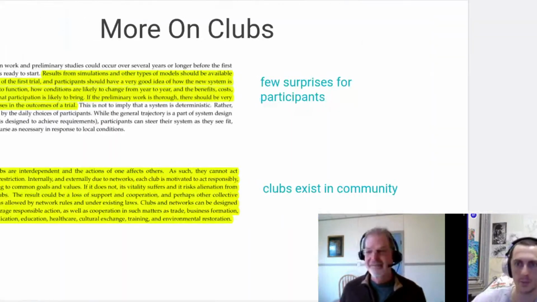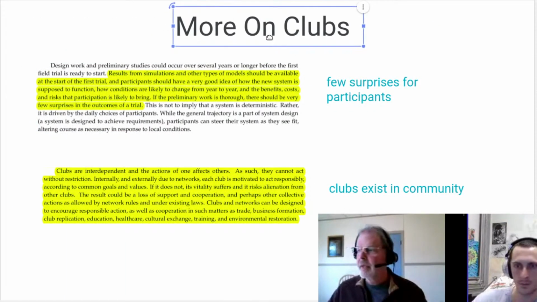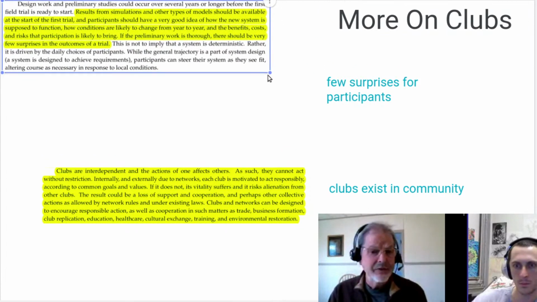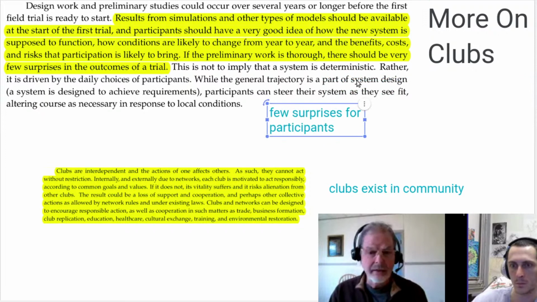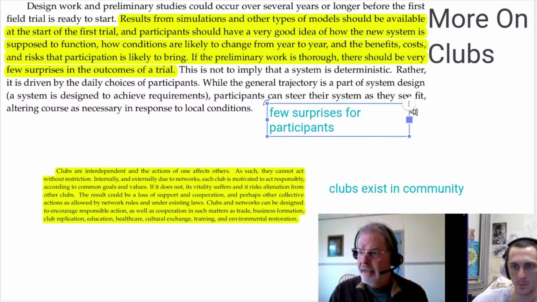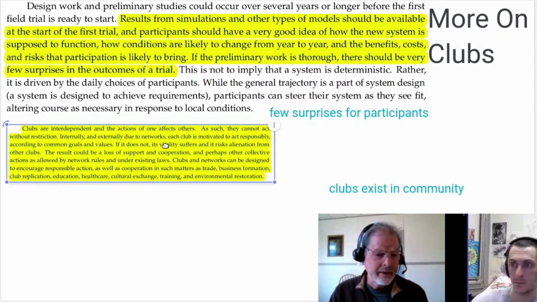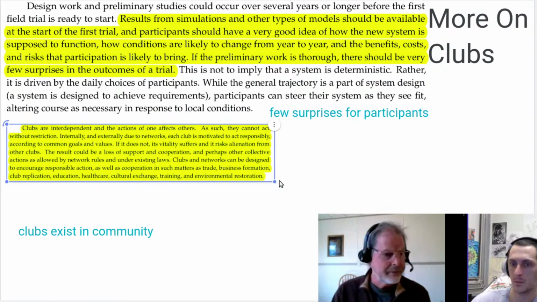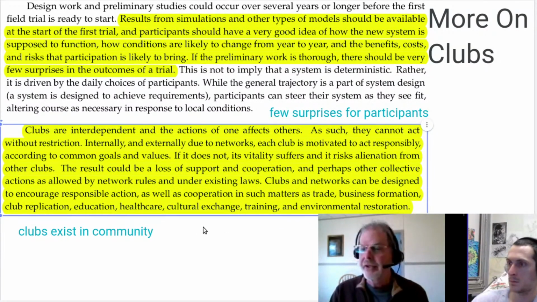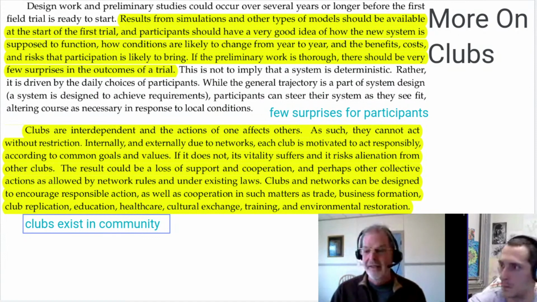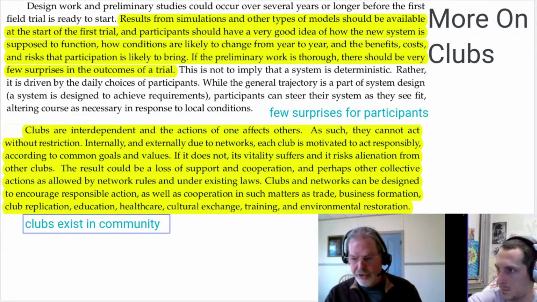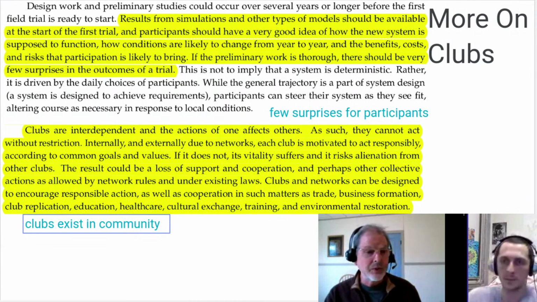Slide 19. Okay, so a little bit more on clubs. By the time the first field trial occurs in the first system, and this could occur maybe anywhere in the world practically, by the time a community participates in a first field trial, it should be really clear what the expected outcome is. A community does drive its systems. A community makes decisions day to day about services, about waste control, about energy generation, about all kinds of things. A community makes its own decisions, but the general trajectory towards improved quality of life, improved well-being, improved security, improved economic security,